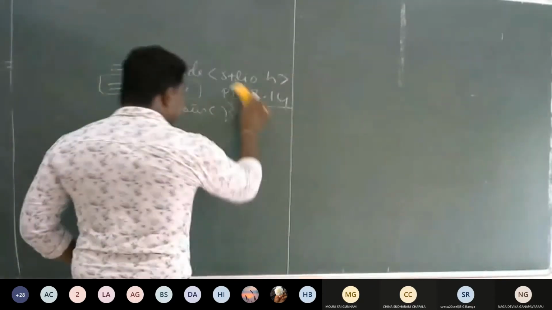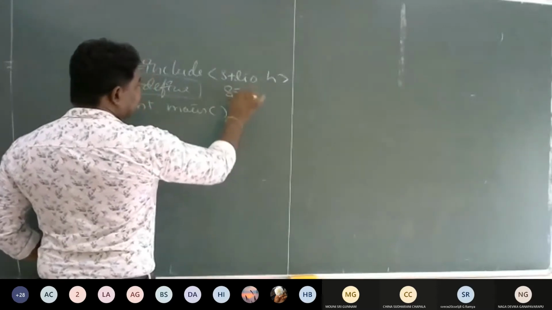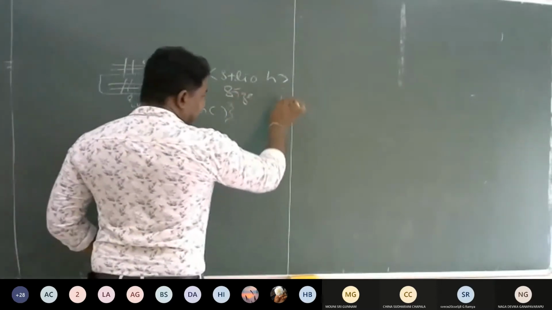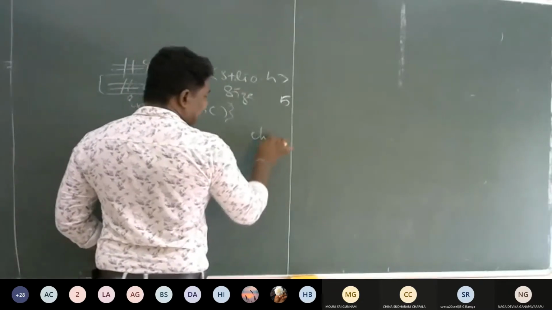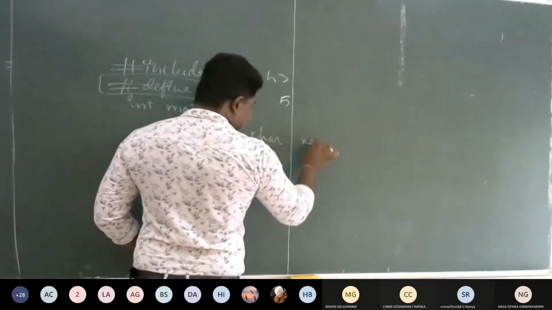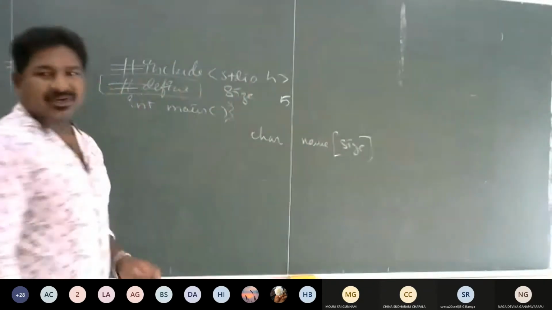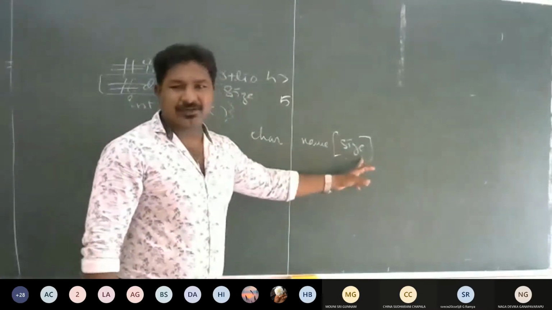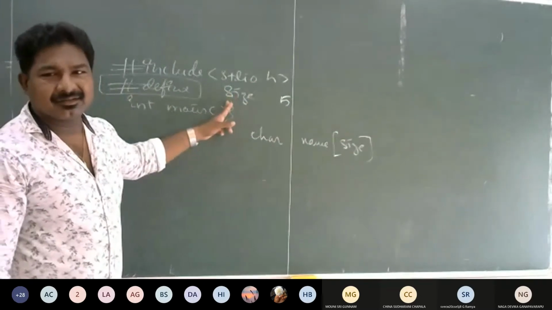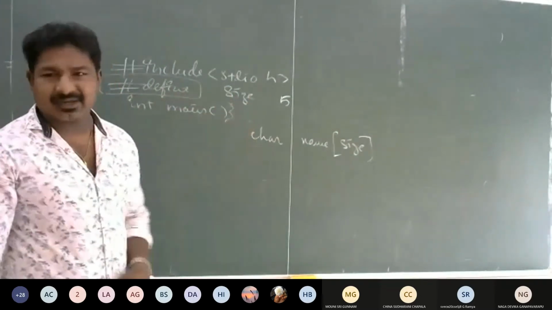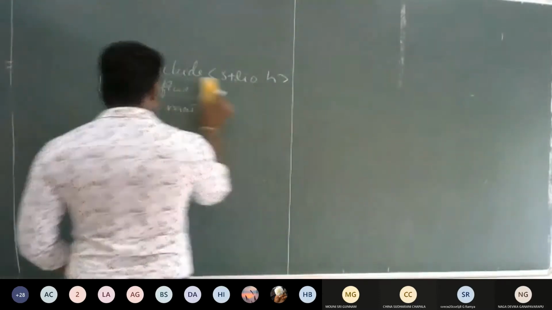I am using hash define for creating my n, or I can create my size with some 5 or something. Then I can declare my array as something like this, char name, and inside I write size. Remember that if I am using a name instead of a value, it should be declared beforehand, like this: hash define size 5. Or if I don't want to use that as a constant value, there is another option.